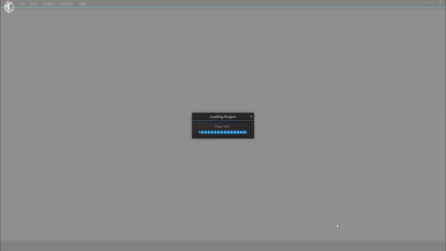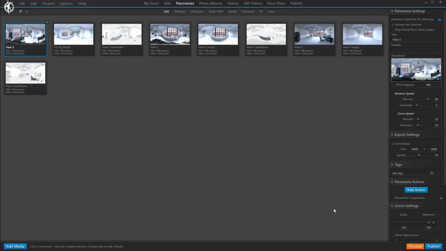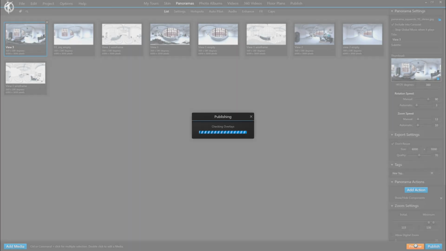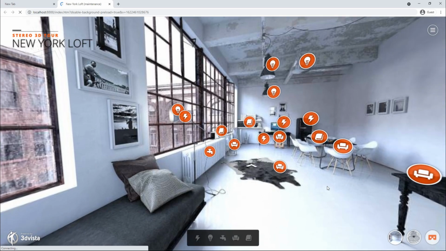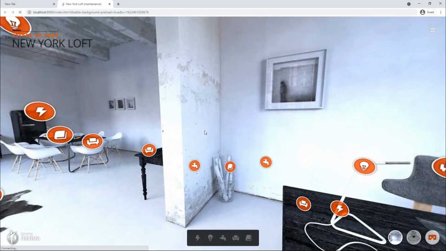Now let's have a look at tags in hotspots. To demonstrate the potential of tags in hotspots, I opened this project right here, which represents a typical architecture or construction project that could benefit a lot from categorizing hotspots with tags. Let's preview so you can see what I mean.